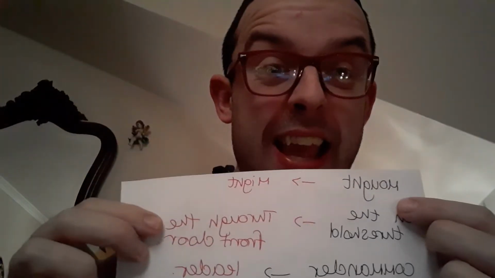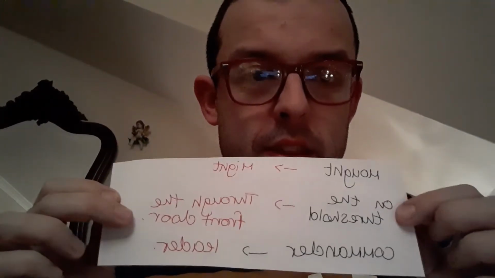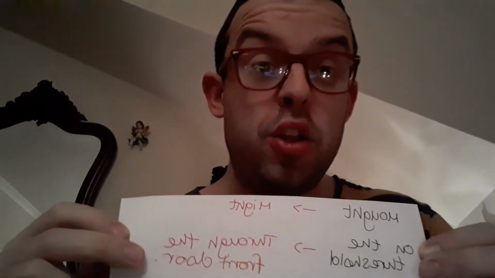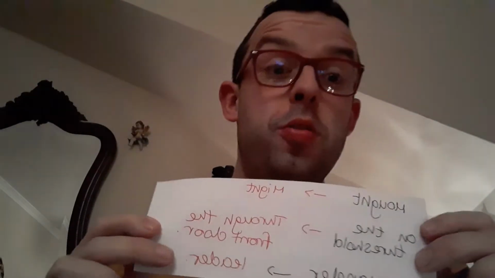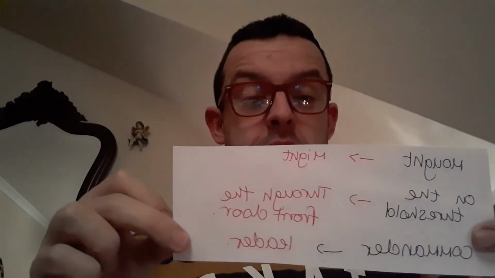Okay. Another one is trundled. It's like to move, moved, trundled along. Okay. Mott is saying, right, I mott. On the threshold is literally through the front door. The front door is the threshold. You might hear anyone who, when you get married, I'll carry you through the threshold. Throw you over the shoulder and carry you in. And a commander is a leader. Commander is like the leader, captain, so on and so forth.